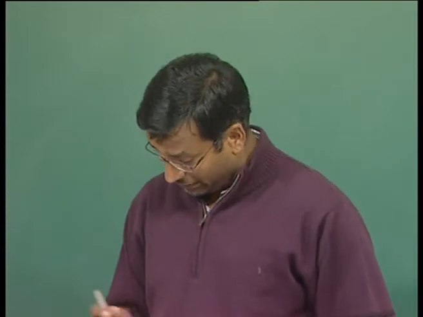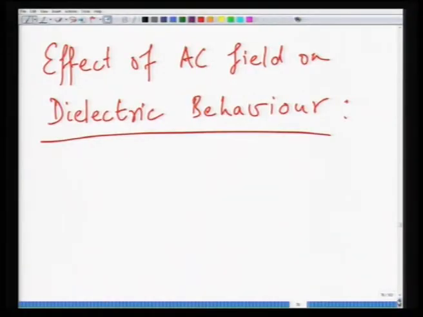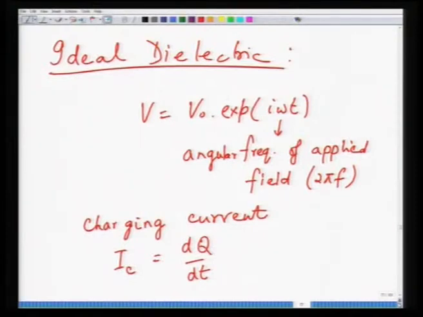Okay, so this is again the start of a new lecture. What we'll first do is go through the last lecture. In the last lecture we essentially looked at the response of dielectric materials in an alternating electric field, and we looked at the case of the ideal dielectric where